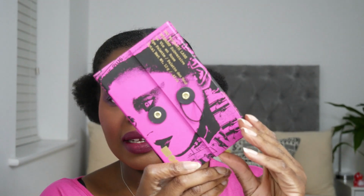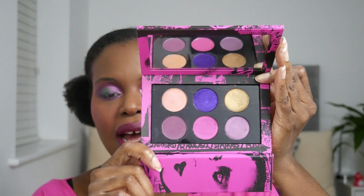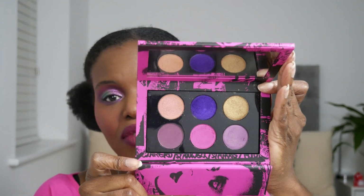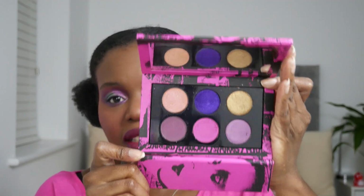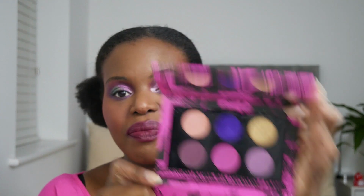Next up is a Pat McGrath palette, and it is Mothership Subversive La Vie en Rose. So it's one of those 6-pan trifold palettes. That's what it looks like on the inside. It matches what I'm wearing today. As a purple lover, you will know that this is probably of no surprise. This falls into the category of you can no longer get it. So I would never declutter this because I think it's a beautiful 6-pan palette. Beautiful, I love it. Every single shade is...